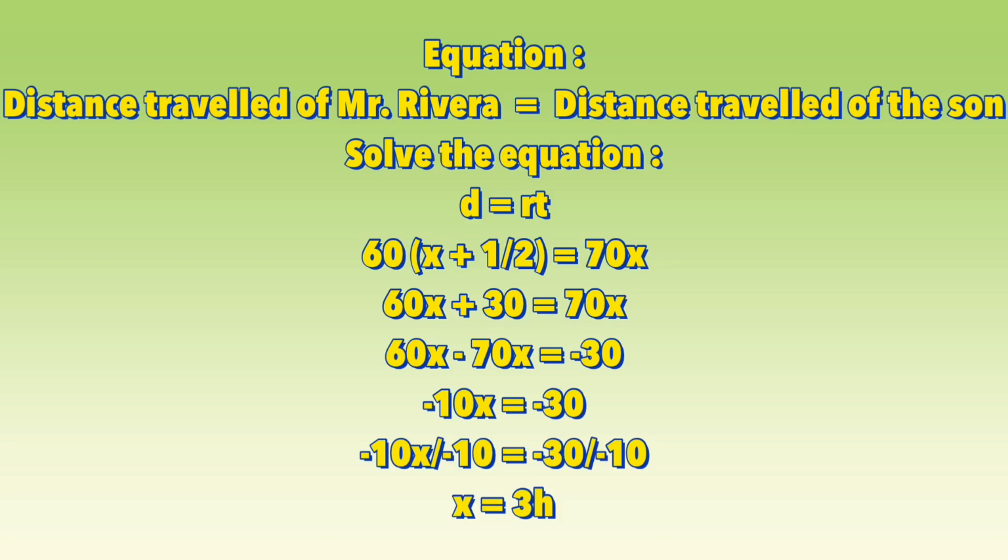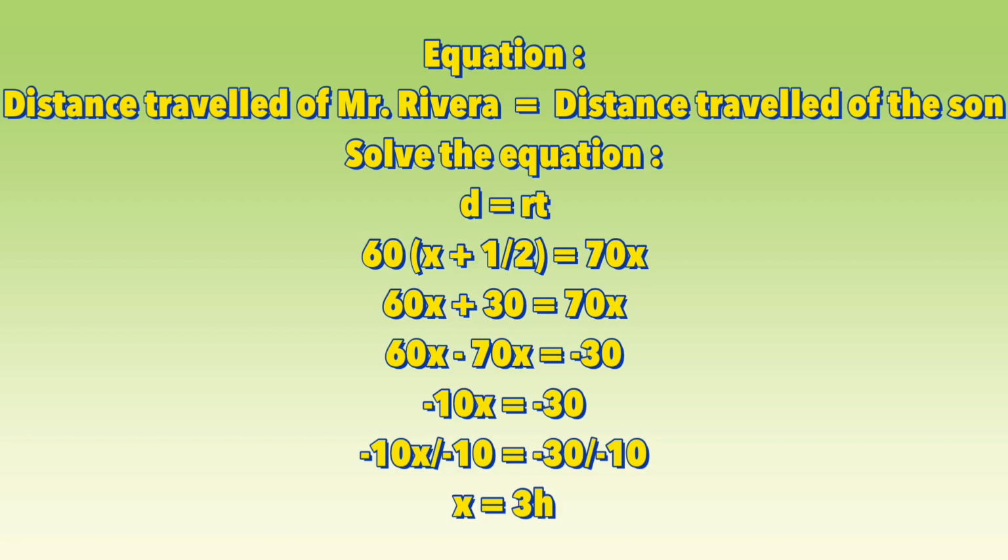Okay, then next we're going to simplify. I will use the distributive property. 60 times x equals 60x. 60 times 1 equals 60, divided by 2 equals 30, equals 70x. And then we have to